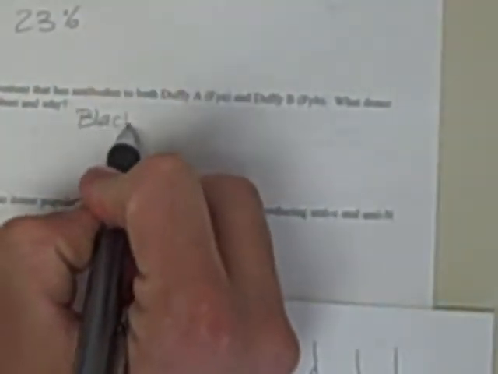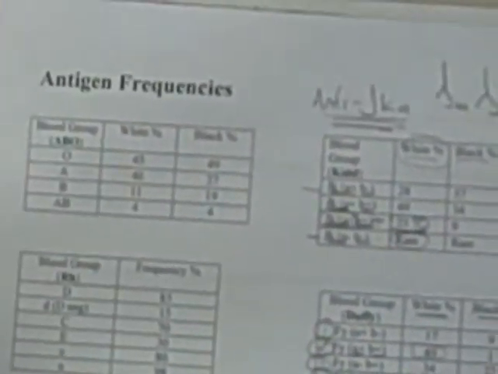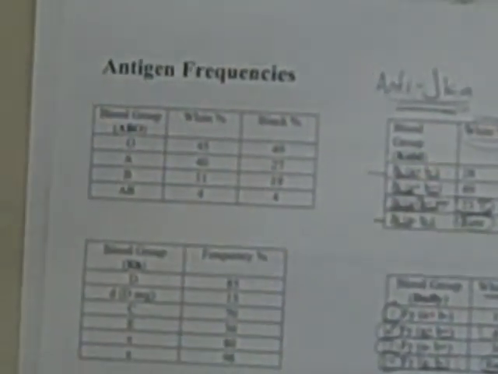So the answer to 2 is black, because they have such a high percentage of people who are negative for both A and B. And there's some interesting genetic studies about why that is, which I will leave for a different time. So just real quick to summarize these other ones,